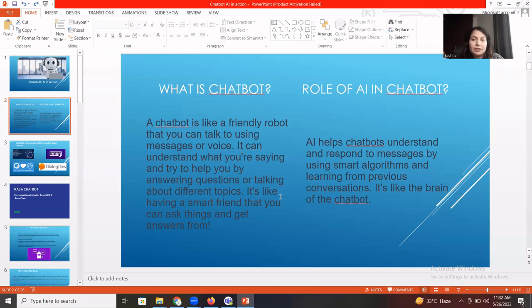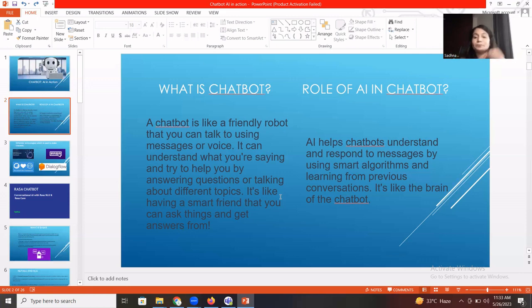Now you must be wondering what AI is doing there, what is the role of AI in a chatbot. AI tries to understand what the user is actually trying to say, and based on that information, what the answer should be. Based on certain algorithms, it learns from the previous conversation and returns a response based on that.